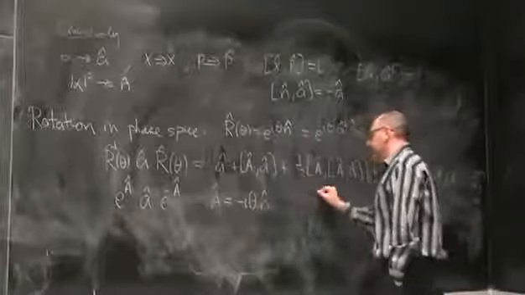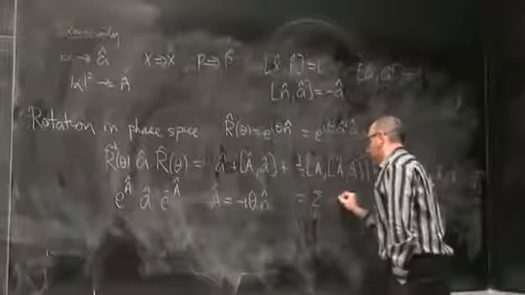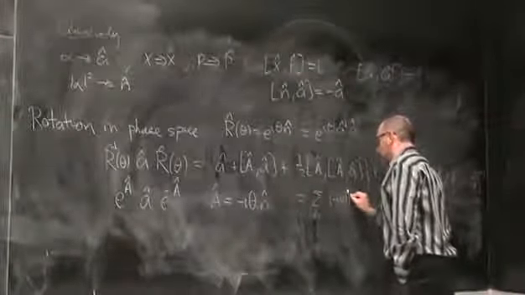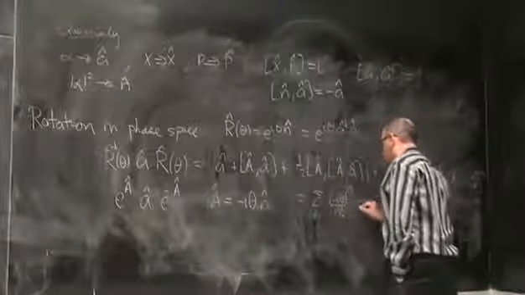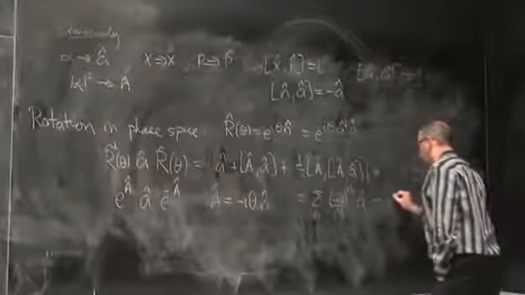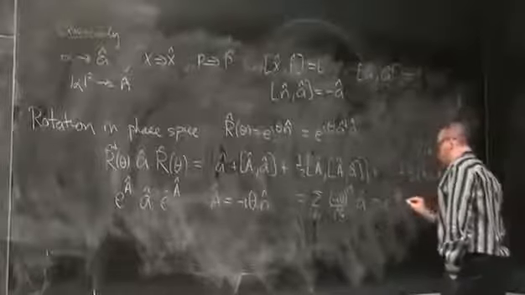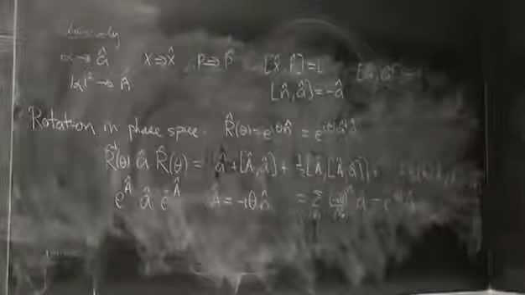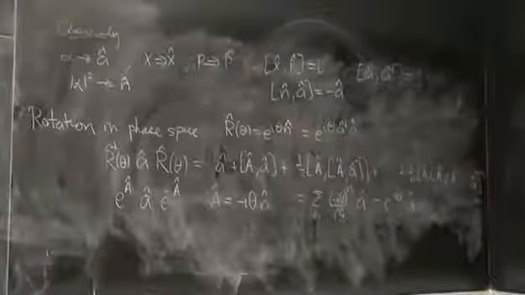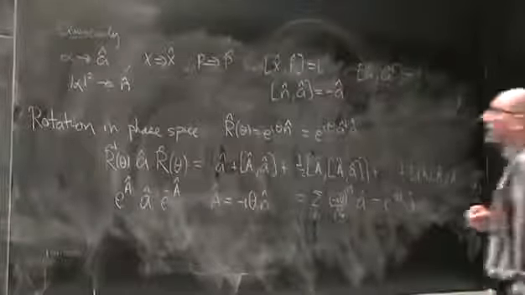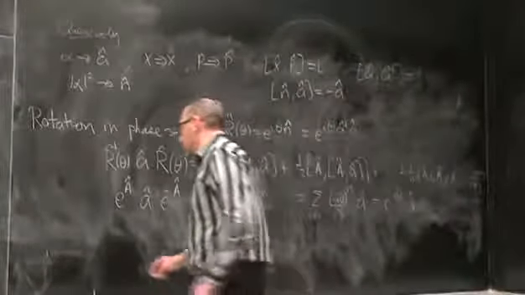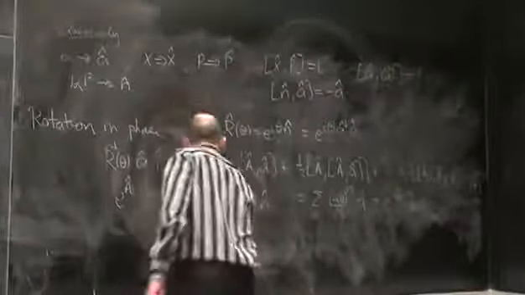So this is equal to the sum over n of (minus i theta)^n over n factorial times a, which is e to the minus i theta a. So that's the rotation operator. In fact, we define